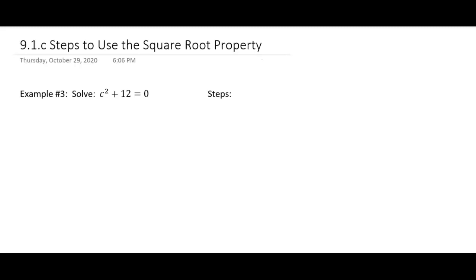So here we have an example where we're going to use the square root property, and I'm going to give you the steps to go along with it. So when you come across a quadratic equation, if you're going to use the square root property, you could check to see if it factors first. This doesn't factor. So the first thing to do is isolate